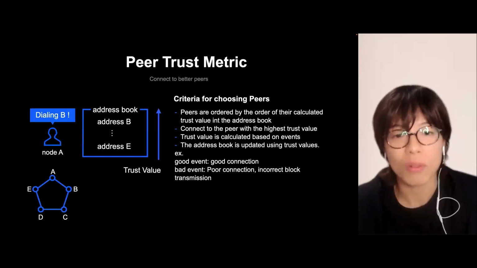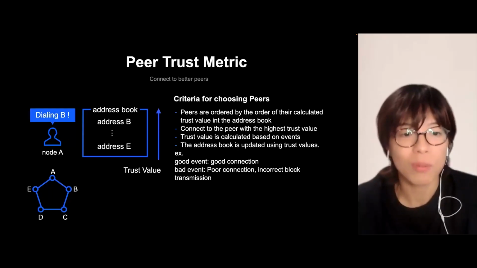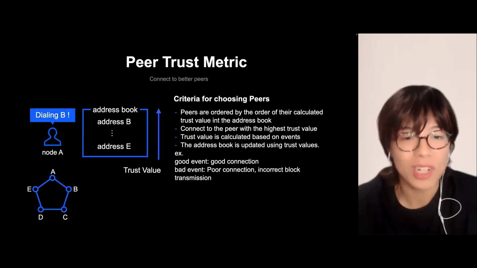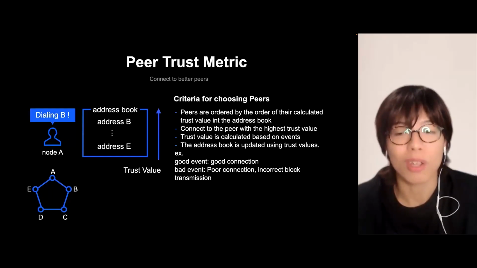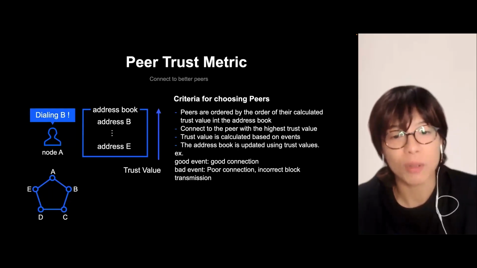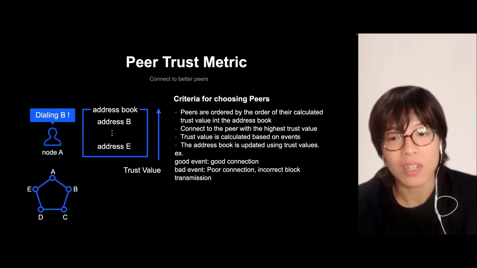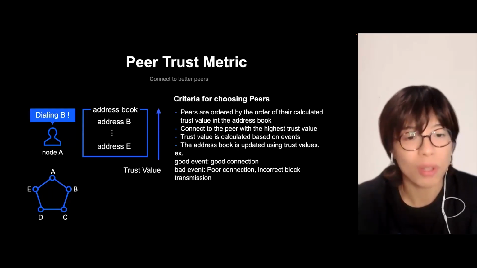And for the nodes gossiping with each other, the nodes will have an address book, something like a phone book, as indicated here. Node is connected from A to E. In this linkage, the address book lists them, and each node has a trust value and trust information. As in the other slides, if there is a detection, the node is recorded as a bad event. If there is no delayed event, the event will be recorded as a good event, and the trust value will be updated based on the event, and there will be a lineup of the trust.